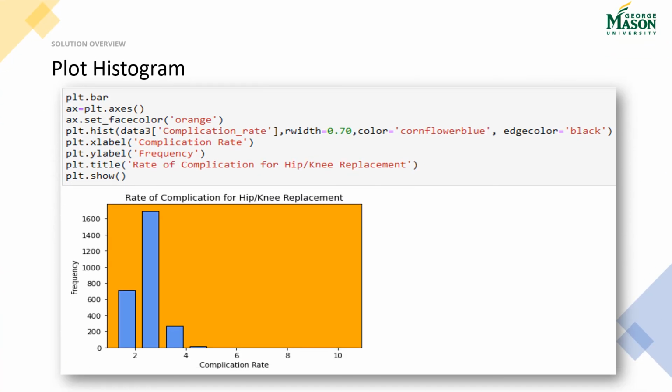Finally, we can now create a histogram by using the matplotlib library with automatic bins. Matplotlib library also lets us use elements such as background or bin colors. In this histogram, we can see the y-axis as frequency of patients at different hospitals. On the x-axis, we have complication rate, and the title of the graph as rate of complications for hip and knee